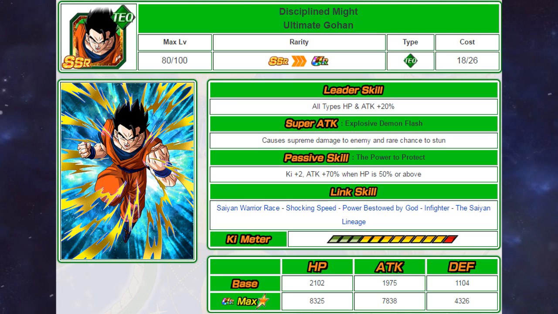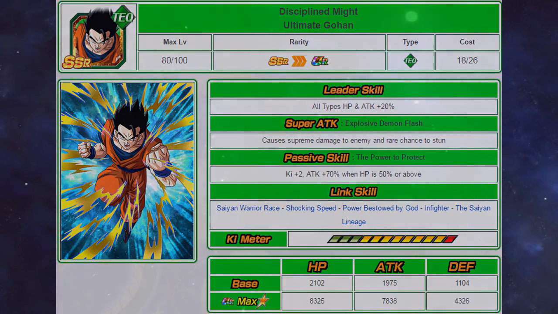So at the moment Shocking Speed isn't the greatest link for mono TEQ. More units are getting it, but at the moment it's not the best link. However, Gohan does make up for that with his passive skill, he gives himself 2 ki, and he also hits pretty hard. The only real letdown about this card is definitely the restriction, but apart from that he is a